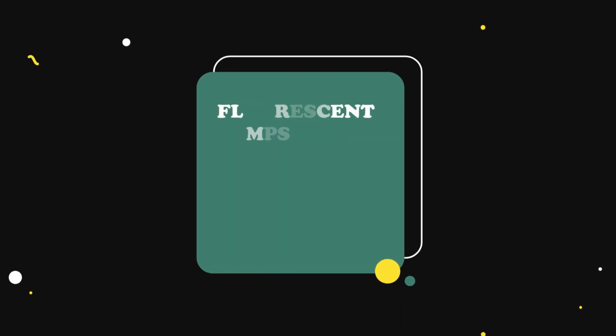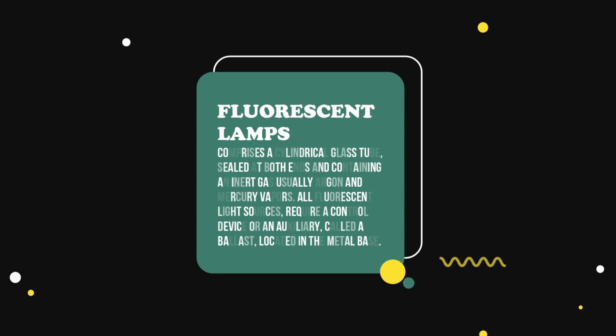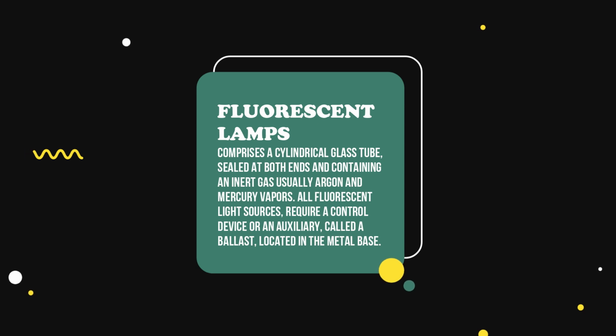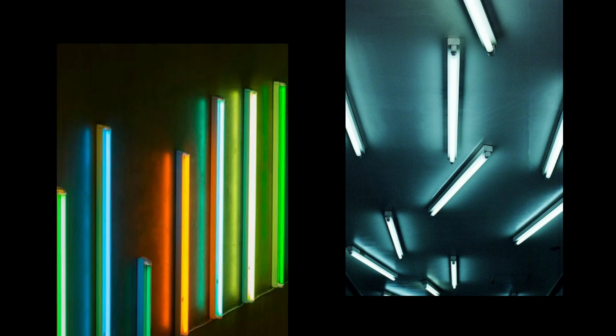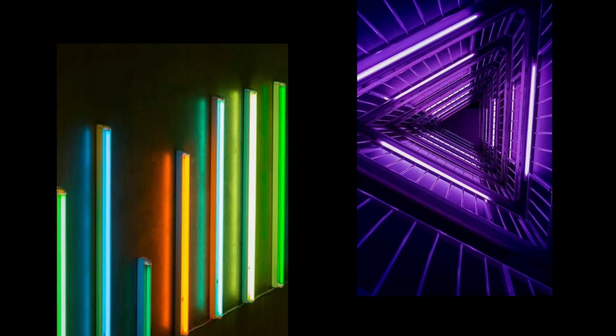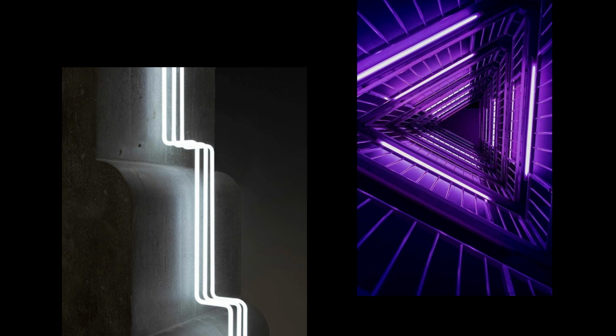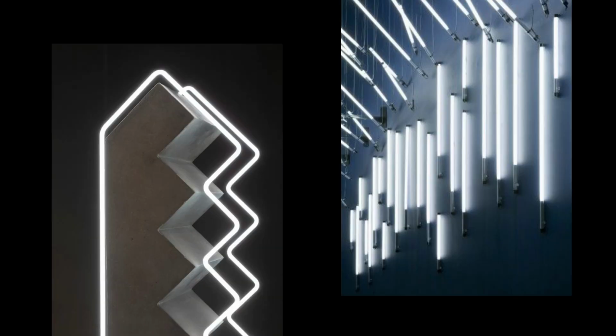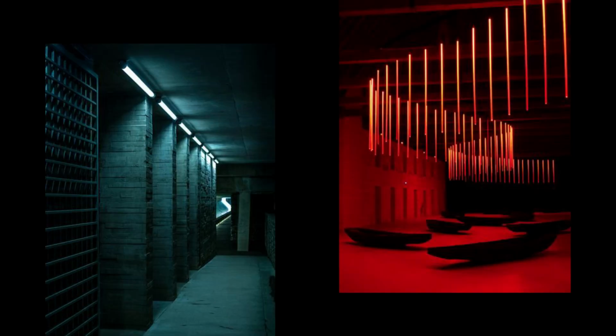Fluorescent lamps. These are low-pressure mercury vapor gas discharge lamps that use fluorescence to produce visible light. It comprises a cylindrical glass tube sealed at both ends and containing an inert gas. Built into each end is a cathode, which supplies the electrons to start and maintain the mercury arc. This light is absorbed by the phosphor, with which the inside of the tube is coated, and is re-radiated in